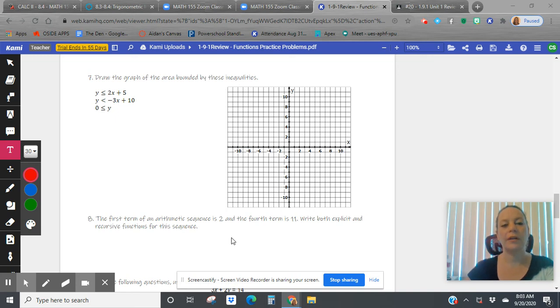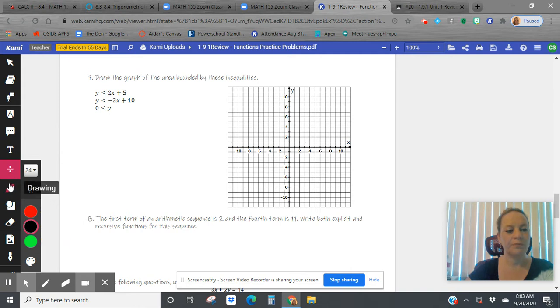Right, here we are on page 4 of the study guide of Unit 1 review. And so we're going to draw the graph of the area bounded by these inequalities. So first, when I go to start graphing, I'm going to do this one in pink. So this is y is less than or equal to 2x plus 5. So we begin at plus 5, and from there our slope goes up 2 over 1,